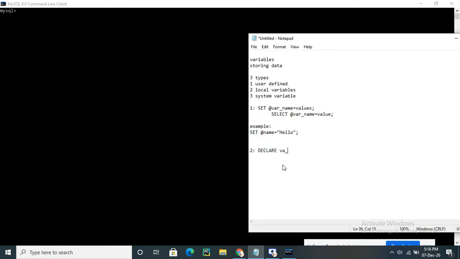DECLARE, then the variable name, you can use any variable name, and you have to use the data type. I already explained what a data type is and why we are using it, and we have to specify the size of the data type. This is the example. You can even use a default value also; you can use any default value.